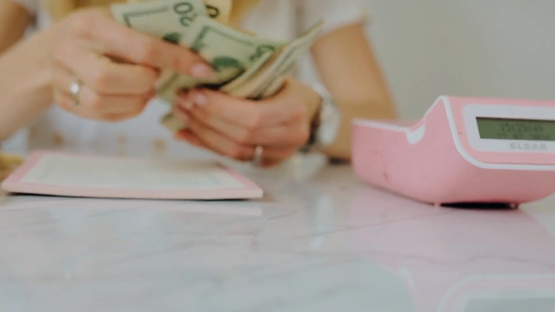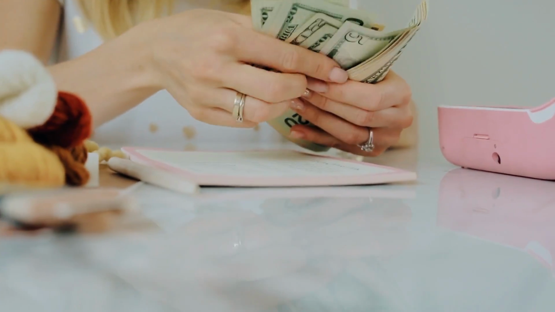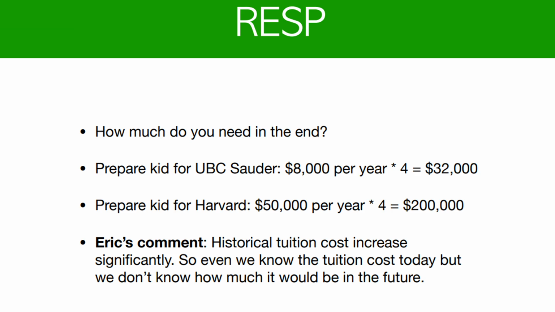So then the question is, how much do you actually need to invest in the beginning so that you can pay for your child's education near the end? Obviously, if you're looking at something like UBC, let's say my kid is planning to go to business school like I did, then the education expense is approximately $10K a year for 4 years, which is $40K. Now, if my kid wants to do a master's degree like I did, I can get the corporation to pay for it, which happened to be the case for me, partially.